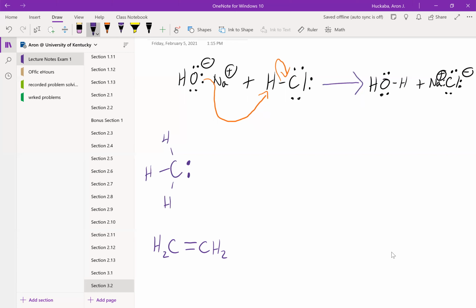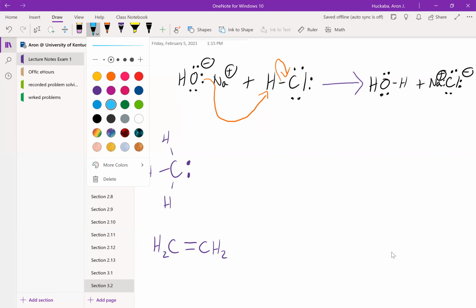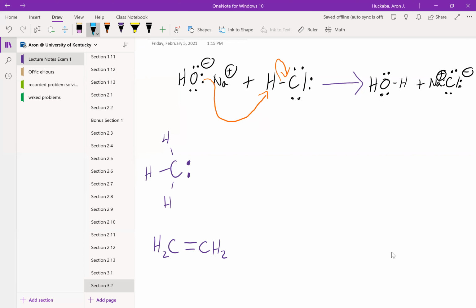When you use these arrows, they have to start at either a bond or a lone pair. And assuming there's something to react with, like say, a proton from water,